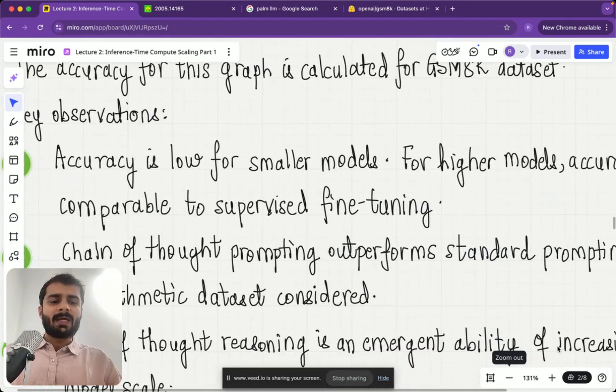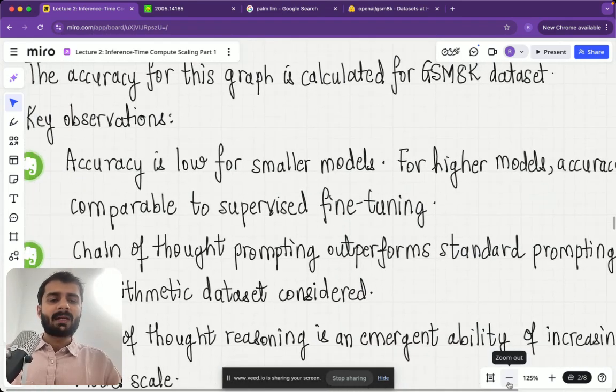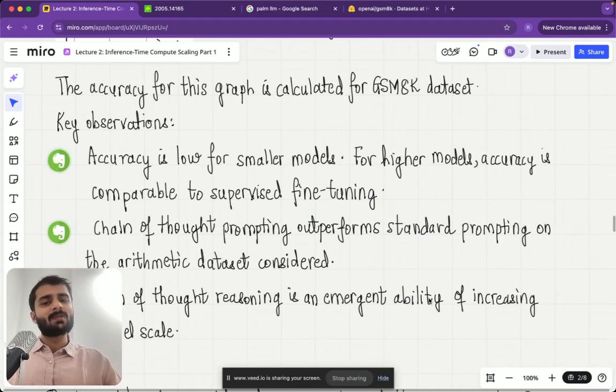Okay, so as we noted, there are three observations here. Accuracy is low for small models. For higher models, accuracy is comparable to supervised fine tuning. The second observation is that chain of thought prompting outperforms standard prompting on the arithmetic data set concerned. And the last observation, which is very interesting, is that chain of thought reasoning is an emergent ability of increasing